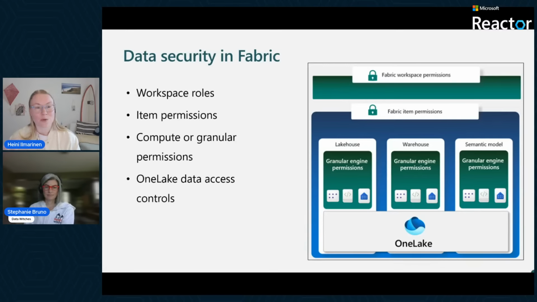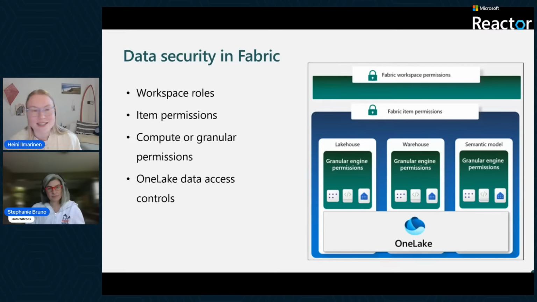This is where we control who can view, edit, and manage all of the items within a single workspace. So if you use a workspace level role, it of course means that you cannot give access to a specific item in that workspace. It is an all or nothing type of permission that you grant to your users. But you're also able to give permissions at an item level. So let's say you have a notebook and a semantic model and